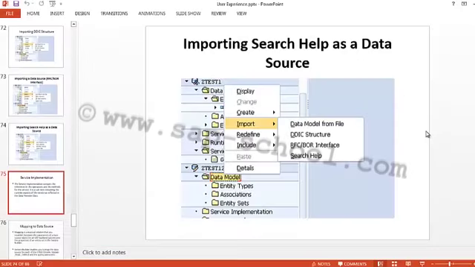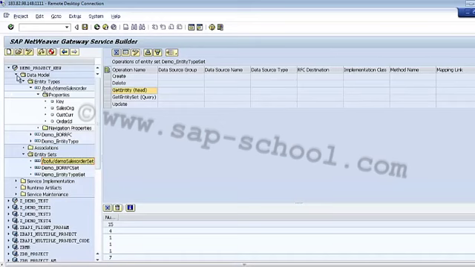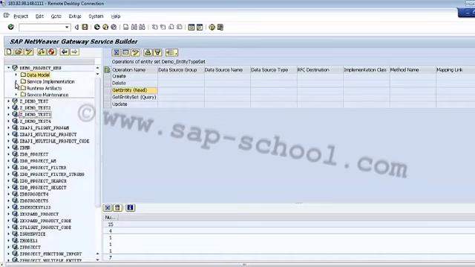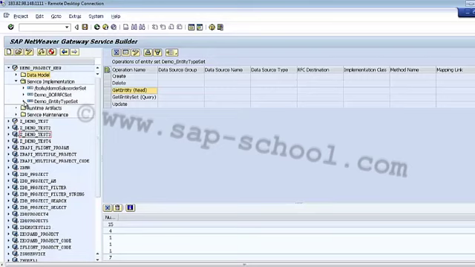So if I go back to my system and if I expand this service implementation, what can I see inside it? First of all, I can see the entity set name. So this is the actual name of an entity set object that already exists in the entity set folder under the data model folder of the project.